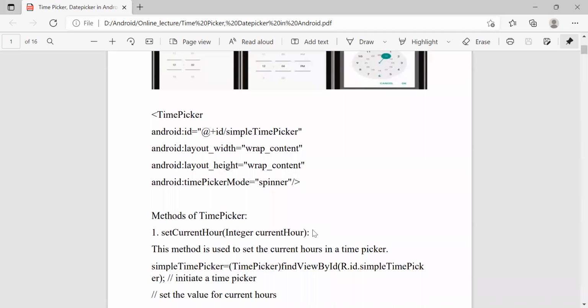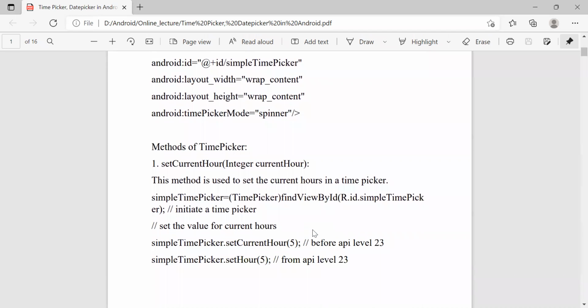The next point is the methods of time picker. The first method is set current hour. Here it takes the hour in integer format. This method is used to set the current hour in a time picker. For that, we have to create an object of time picker, and then we assign the R.id value to it.